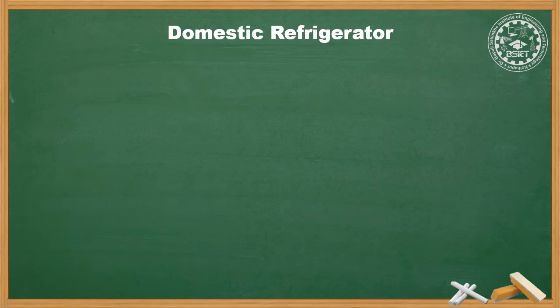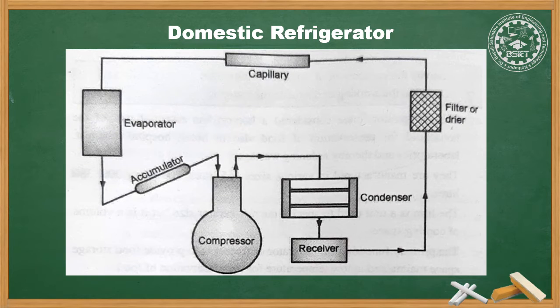The primary function of a refrigerator or a freezer is to provide food storage space maintained at low temperature for preservation of food. That is, the primary function of a refrigerator is to preserve food at a low temperature. Its secondary function is formation of ice cubes for domestic consumption. A storage temperature of 0 degrees Celsius to 4 degrees Celsius is satisfactory for prevention of spoilage of most fresh foods. Domestic refrigerators work on a vapor refrigeration system as shown in the figure because of its compactness and more efficient use of electrical energy.